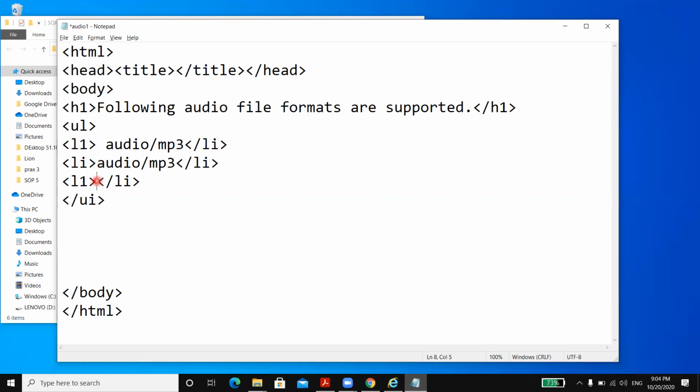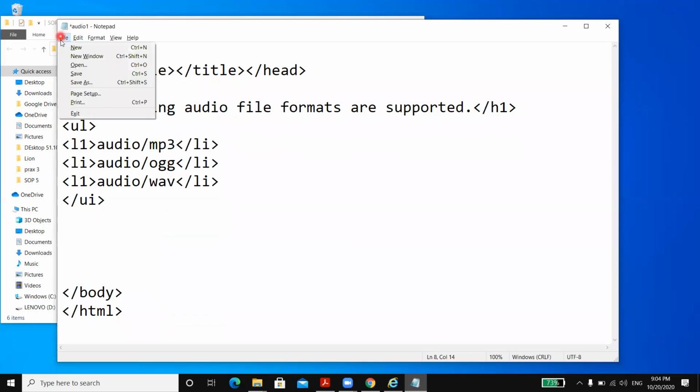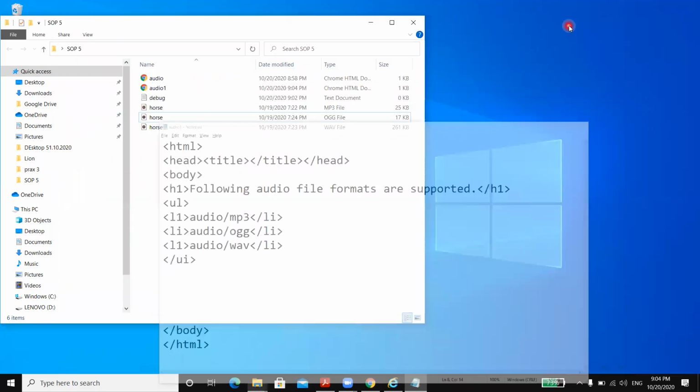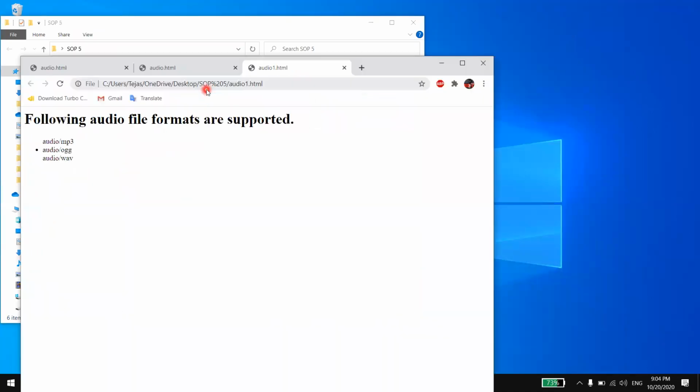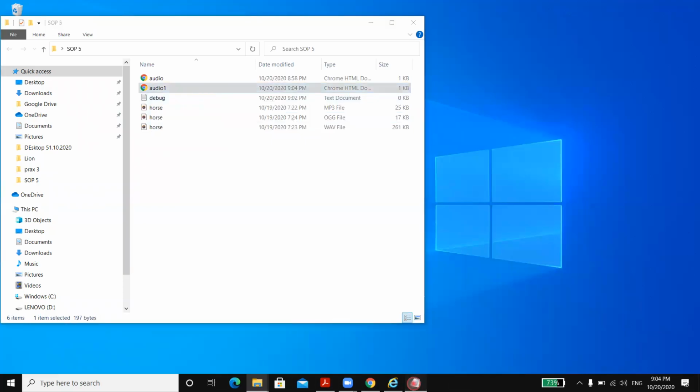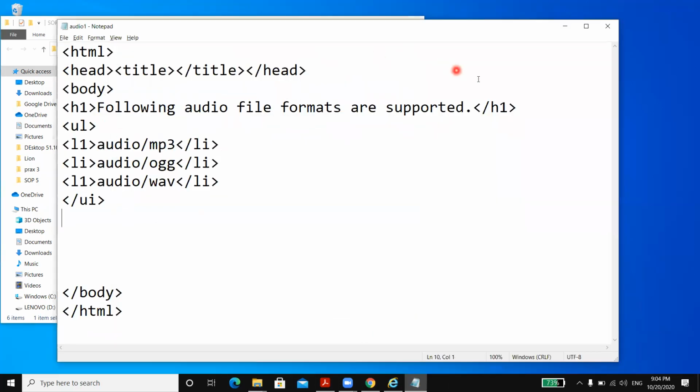You can simply write there a, yeah. So you can change the extension file format. So MP3 and OGG, and here you can write WAV. This will just create the output in the browser. Check here. It says that the following audio file formats are supported. Something is highlighted here automatically, audio.ogg. Is it because of, we have to check. Yeah, it's because we have written a dot or something. Okay, by mistake we have written a one here.